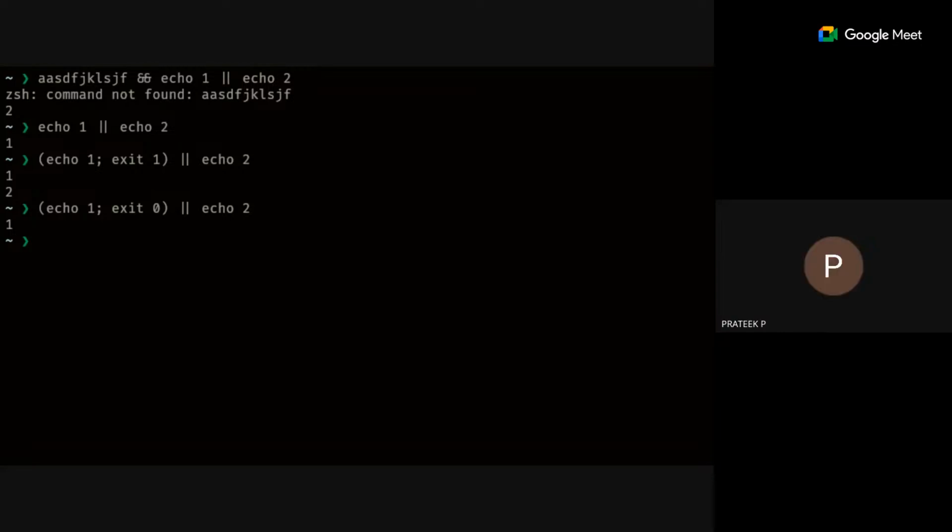So when you did echo 1, exit 1, that was executed in the subshell. It's not a child shell; it's a subshell. The difference between a child shell and a subshell is, if I use a bash instance and execute something, then it's a child shell. But if it's a subshell, I simply use the parenthesis notation. If I use it like this, then this part is also a subshell. So whatever happens here is inside the subshell.